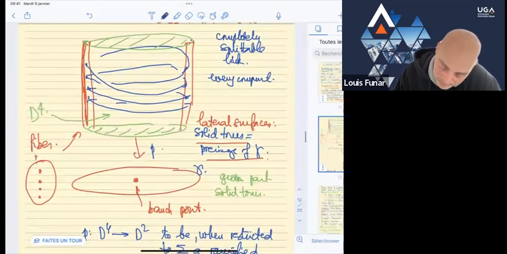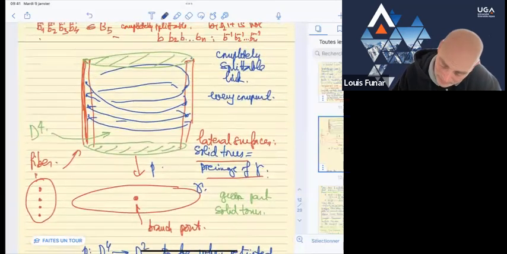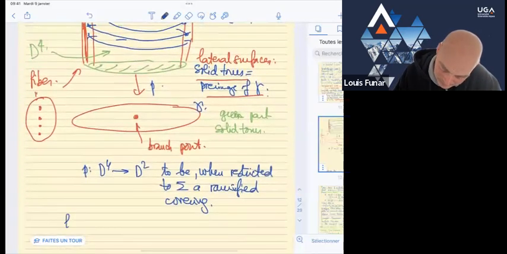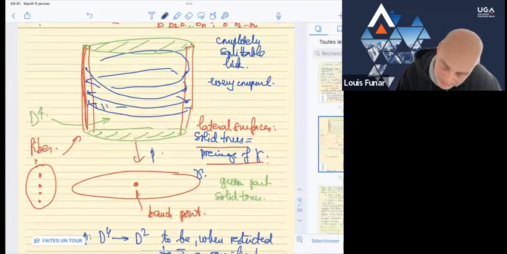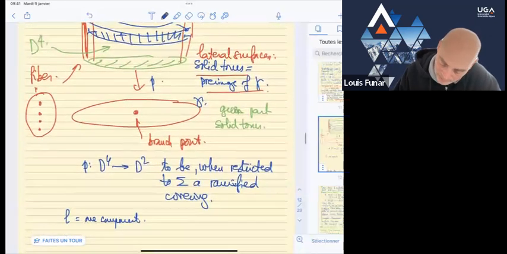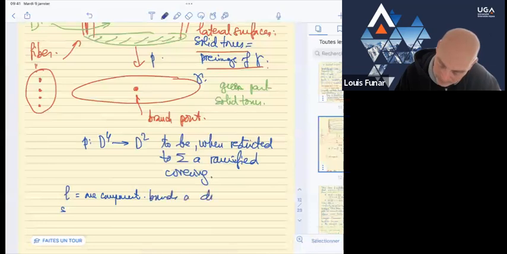So actually you have here, when you have a Li, let's say L1 component, you want L to bound the disk, and you want that under the projection it bounds the disk,